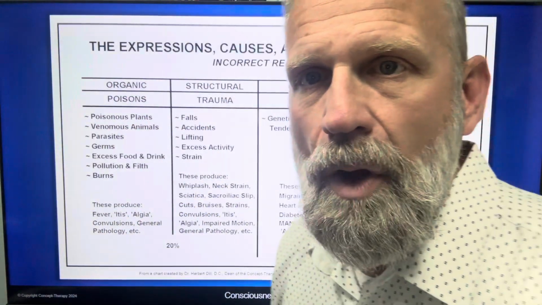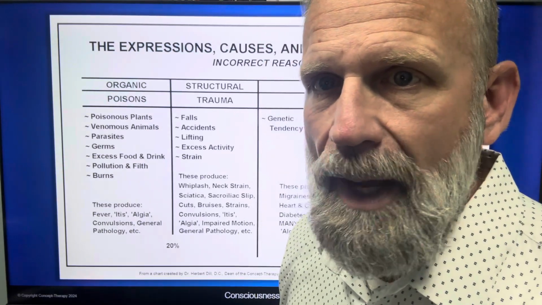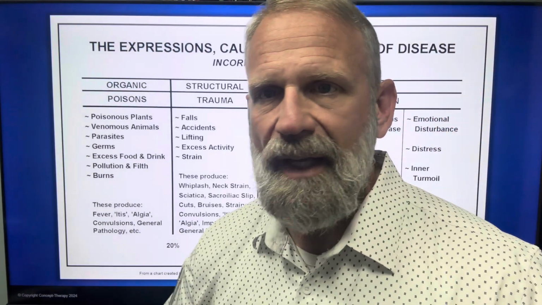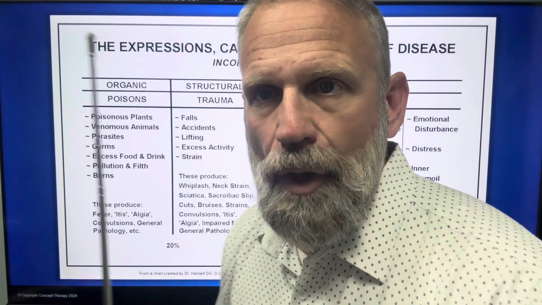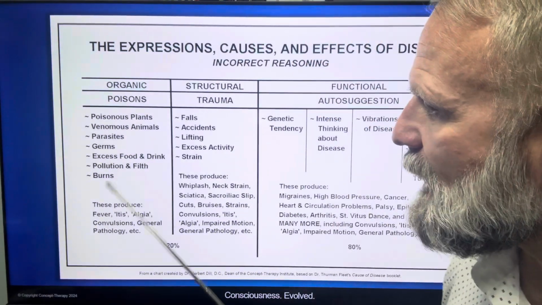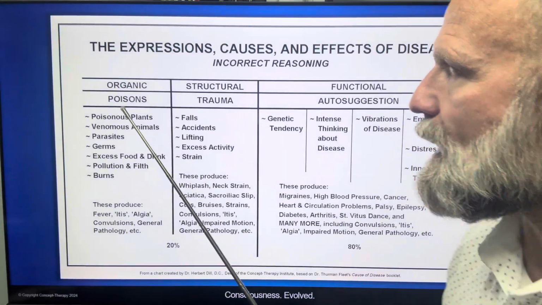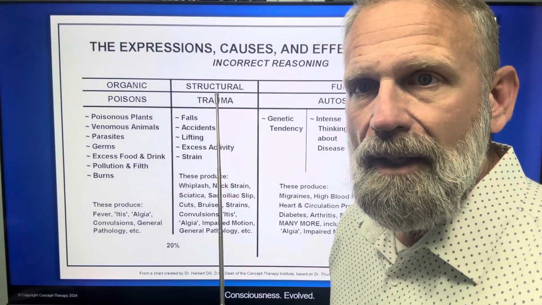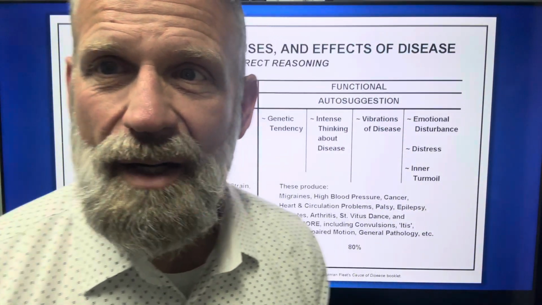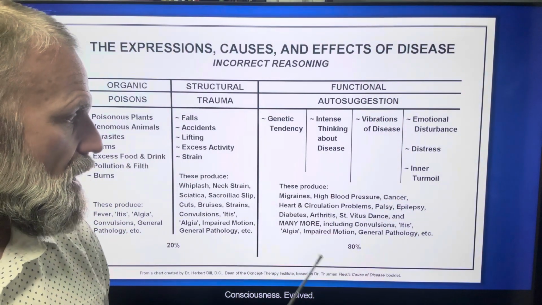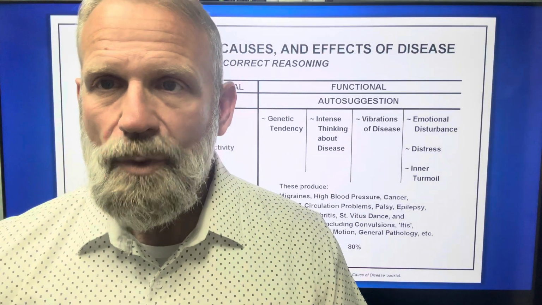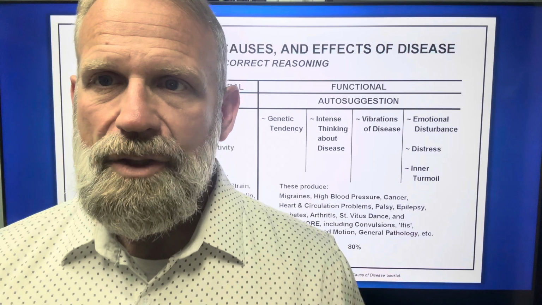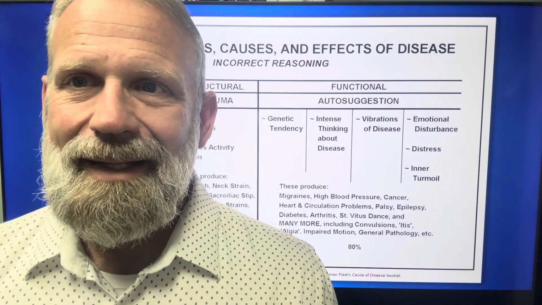Now, the symptoms can all be similar throughout whichever one you want. Pains, aches, headaches, numbness, tingling, inflammation. All of those can be symptoms, but the causes are typically 20% fall into the category of poisons and trauma. The other 80% are autosuggestions, and most of us are only working on the 20%. Now, but here's what I wanted to share with you on this, that it interests me a lot.